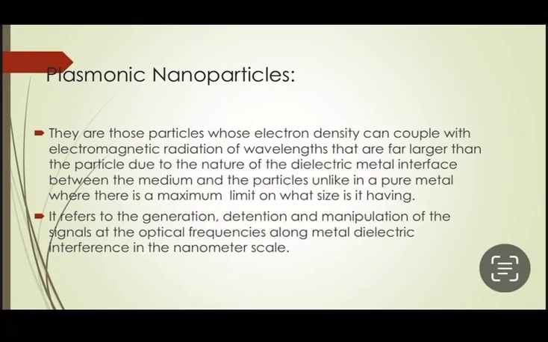Moving to the next slide: what is a plasmonic nanoparticle? We know that plasmonic nanoparticles such as gold or silver nanoparticles trigger chemical processes in the environment upon excitation of their localized surface plasmon resonance. These processes can be attributed either to the generation and transfer of hot charge carriers or to an increase in temperature. They are basically those particles whose electron density can couple with electromagnetic radiation of wavelengths that